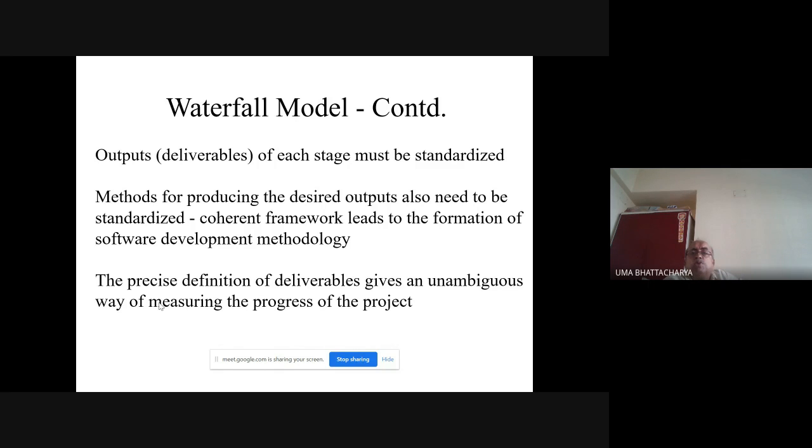Methods for producing the desired outputs also need to be standardized, naturally. Otherwise, how can we have the standardized product? A coherent framework leads to the formation of software development methodology. The precise definition of deliverables gives an unambiguous way of measuring the progress of the project. I've already mentioned that